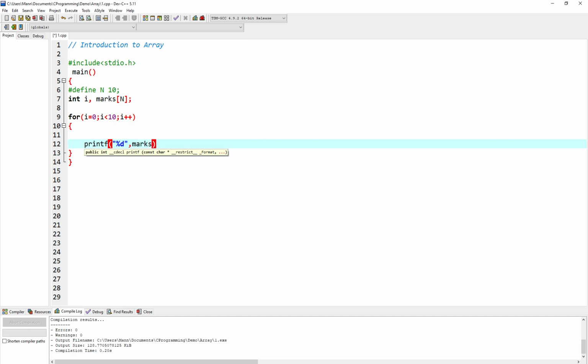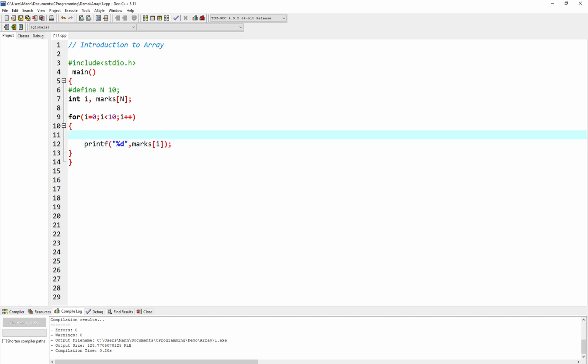Let me see if it is correct or not. Before that I'm doing one logic: when we are standing at some array position marks[i], we are making it equal to -1.